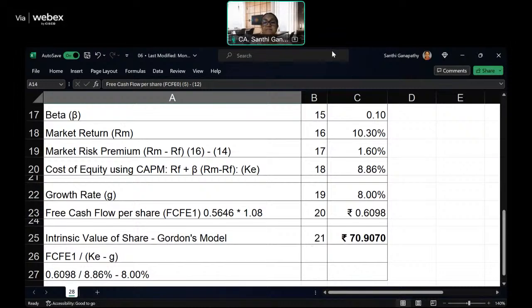So have you completed? Have you understood? With regard to equity, we have seen a few concepts. First, we discussed bonus issue. Then we looked into buyback of shares. Then, of course, we have looked into sustainable growth rate. Then, as a continuation of sustainable growth rate, we found how to find the intrinsic value using free cash flow.